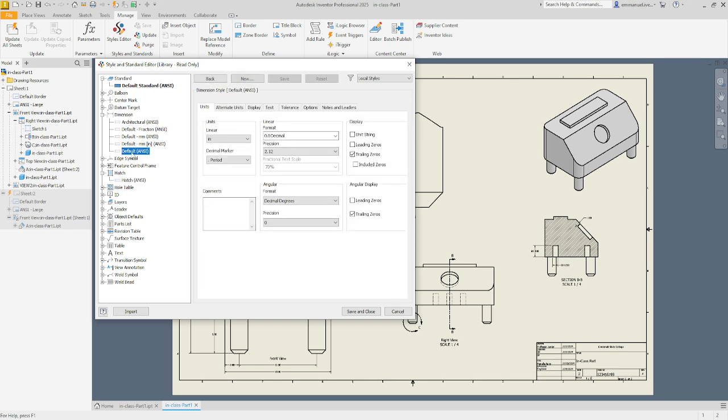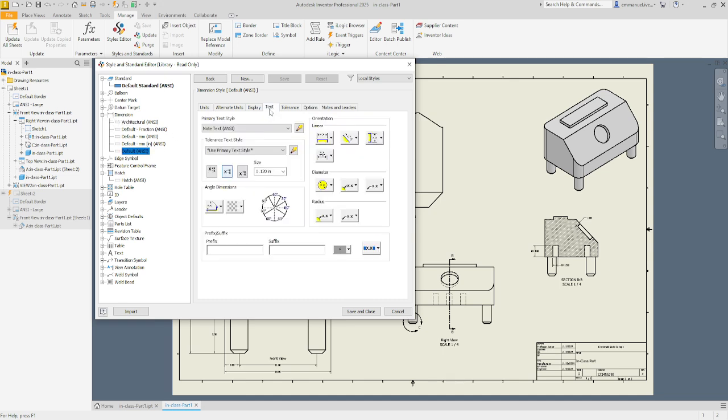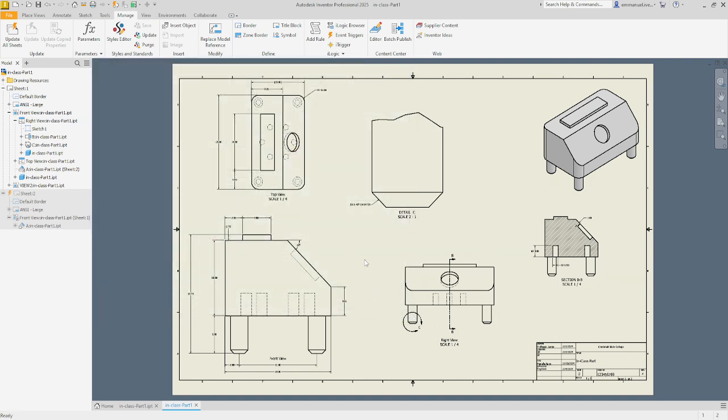The best way that I found is not what most people think, okay, I'm going to go to dimension and do it that way. Let me see, I'm going to change this to 0.24, hit save and close, and that doesn't actually change it. I don't know why, but it doesn't actually change how the dimension looks. But if I go back to styles editor,